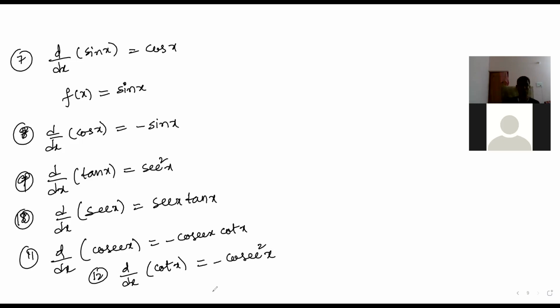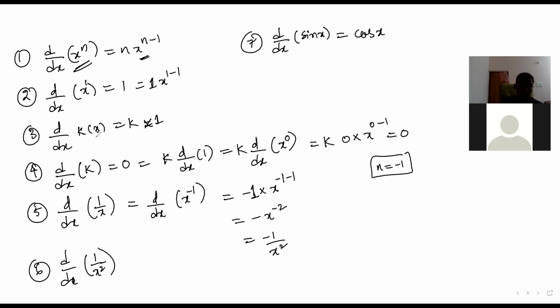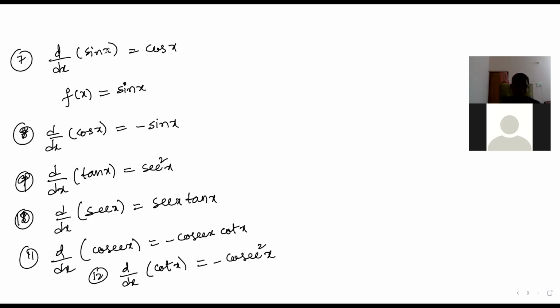So all these formulas we should know. Algebra, only one formula. Through this only you get all. And then next, this is trigonometry. Trigonometry, 6 trigonometric functions, 6 derivatives. That's it. You have nothing else more than this.